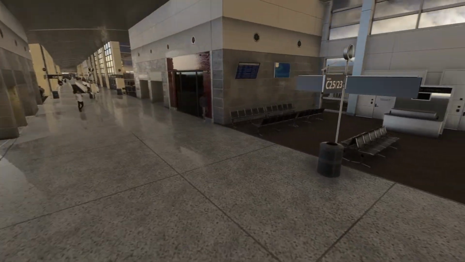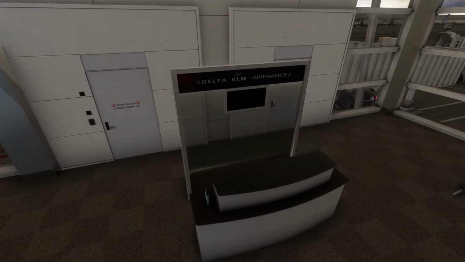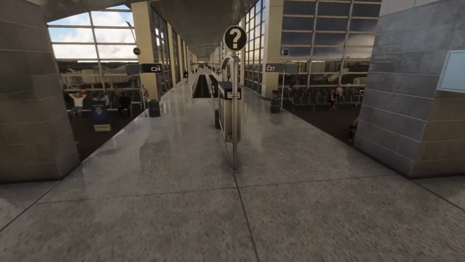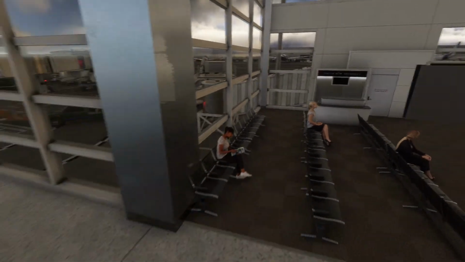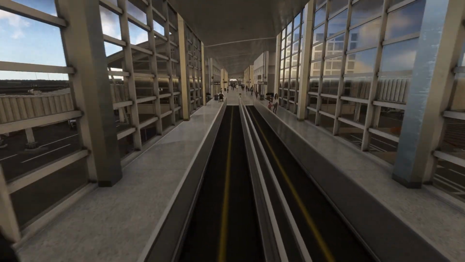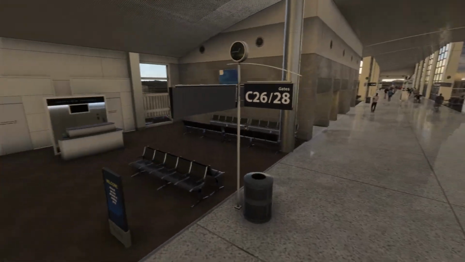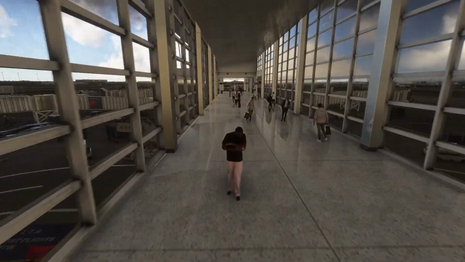So what are the actual gate areas like? I wonder if the signage is different on all of them for the various airlines that operate here. That's Delta and Air France on both of those. Yeah, I wouldn't be surprised if they've cut a few corners here and there to